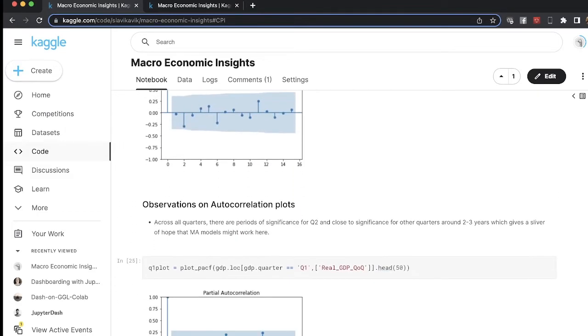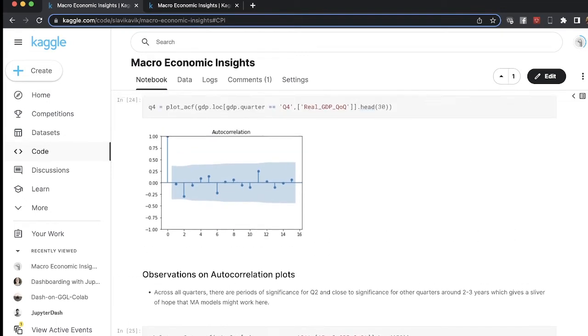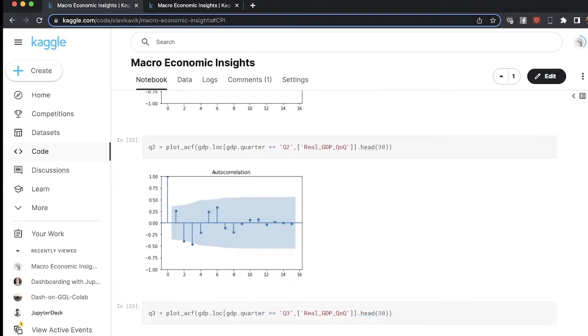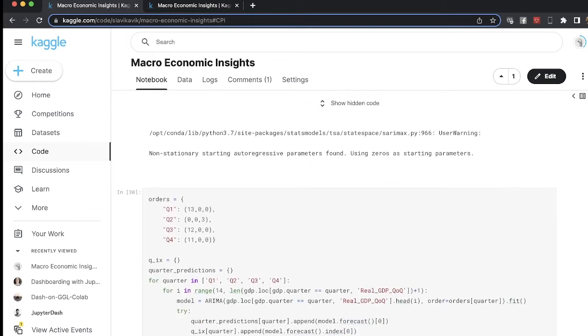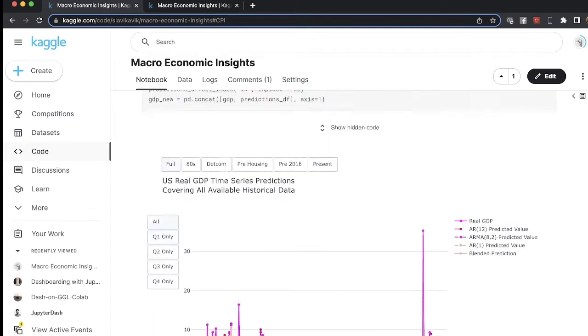This is just looking at the partial autocorrelation plots of real GDP, also broken down by quarter. I put my notes there. You guys are welcome to take a look if you're really interested in this kind of stuff. Then if you go further down,